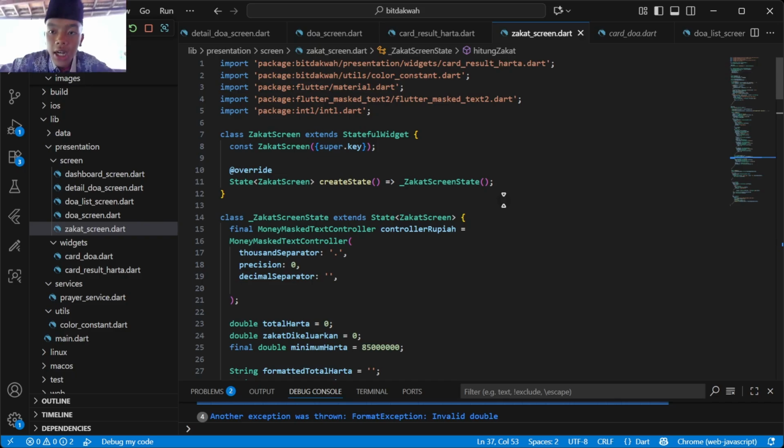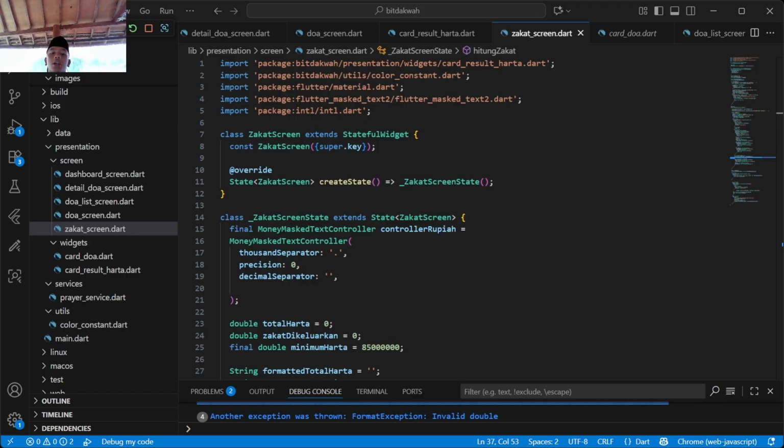So I will explain the Zakat screen dart. The Zakat screen is, for example, when we input their total wealth or harta, it will calculate how much zakat they need to pay. You can see the result on the card, and you get a warning if your wealth is under 85 grams of gold. And for the code flow, or the way the code